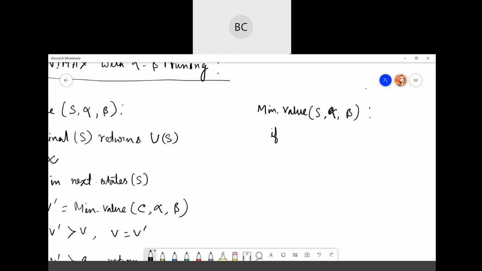Same if terminal S state is your terminal state, then return the utility of that particular state. Then we initialize v equal to positive infinity. Okay, so for current state C in next states,